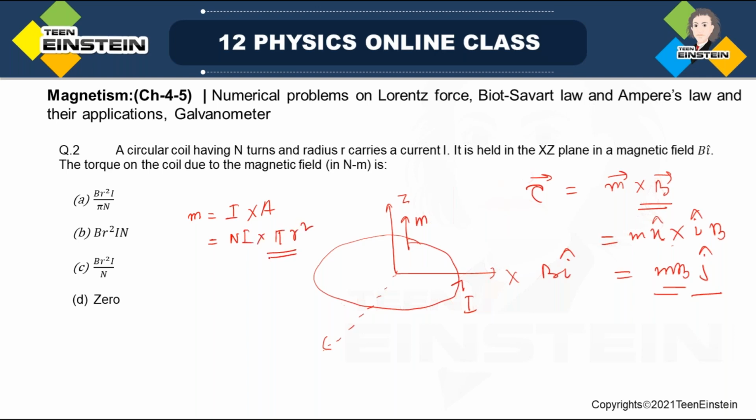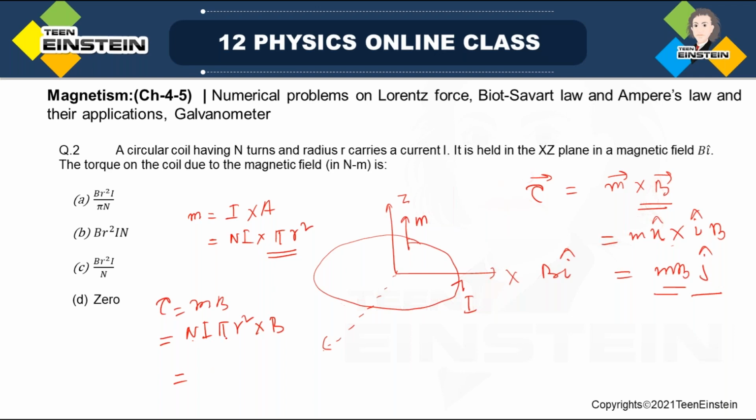This is the magnetic moment, and the magnetic field is given as B alone. So we can write torque is equal to MB, where M is this, and B is as it is. Okay, so finally the answer is becoming